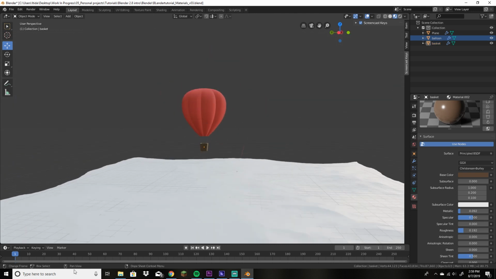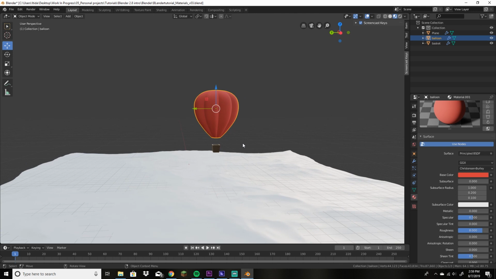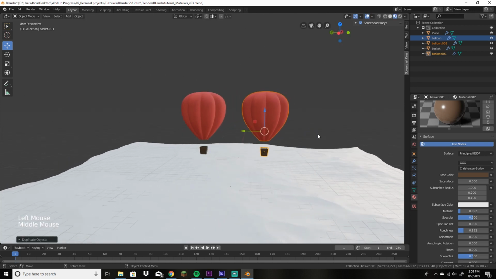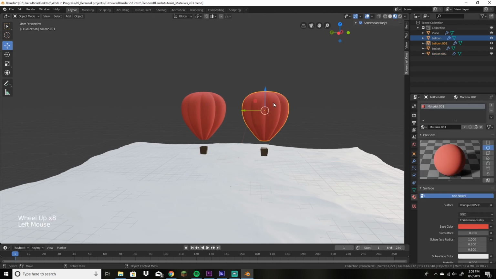Overall, a good time. But what if we wanted a pattern on our balloon, right? Like, this is not a pattern. This is not cool. We want it to be cool. Well, we can duplicate the balloon that we've made by hitting Shift D and then hit Y to constrain it to the Y axis. And now we can select the balloon, add another material,